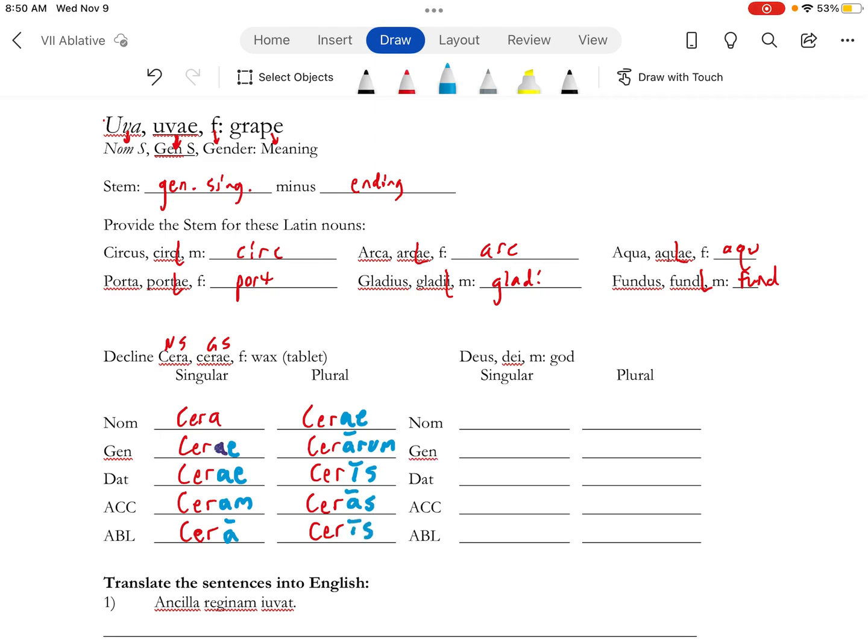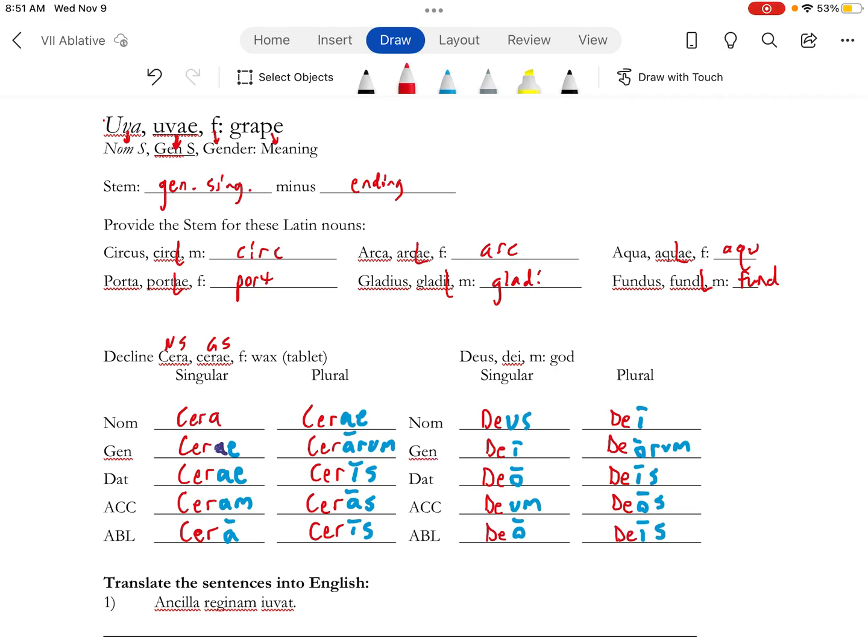All right, those are your first declension endings.